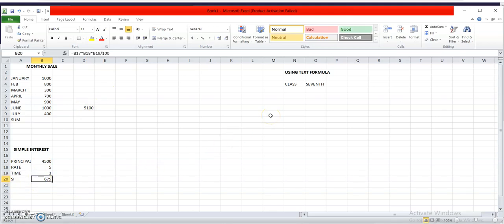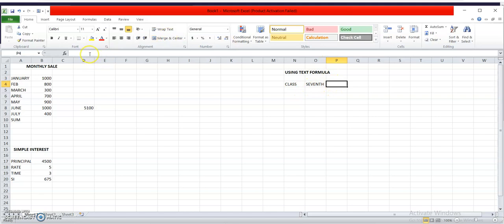Next is using the text formula, how I can add text. If I'm writing the word class in N4 and writing the name of the class, 7th, at O4, how will I write both class and 7th in the P cell?